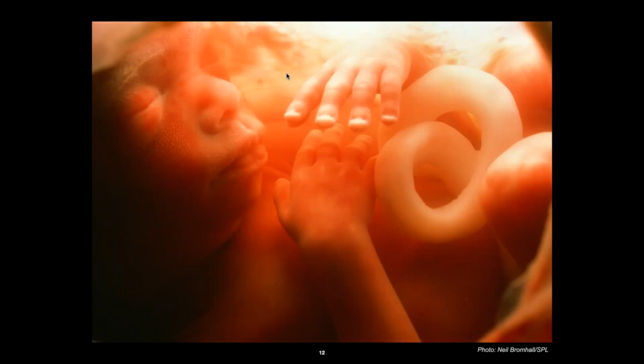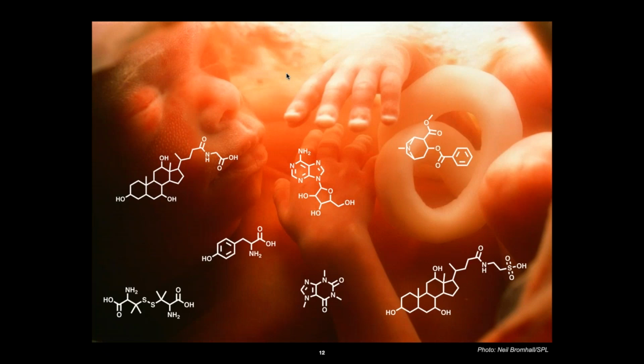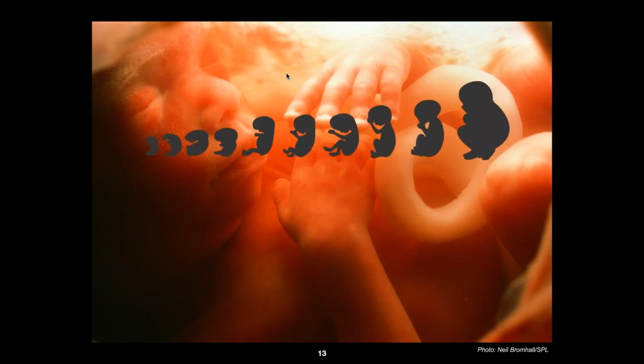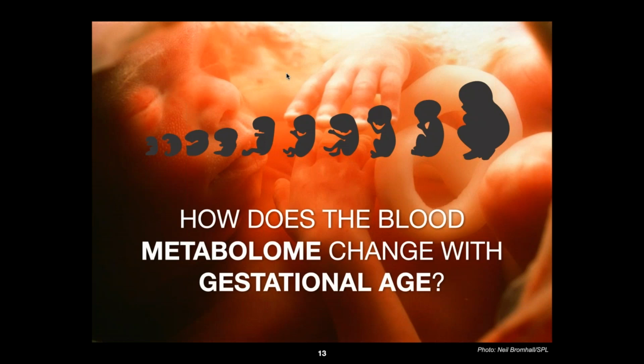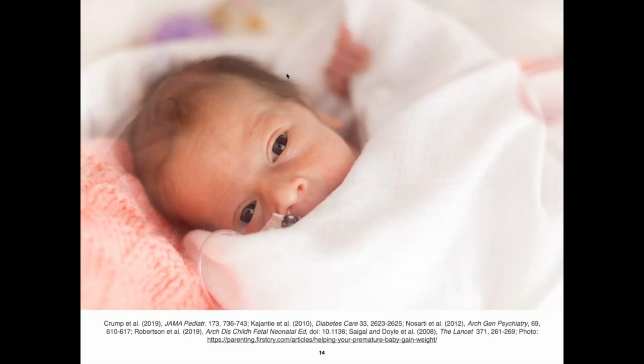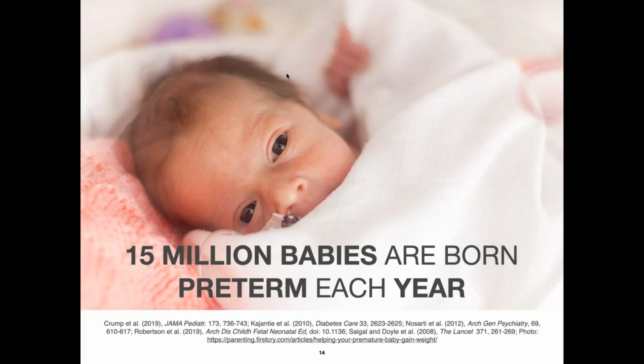And so just to give you one example of our studies, in one of our studies, we tried to investigate how the time spent in uterus influences the neonatal metabolome, or in other words, how does the blood metabolome change with gestational age? And so why does this matter? So prematurity, which is defined as a baby born before 37 weeks of gestation, is a very complex and severe pathophysiological condition,